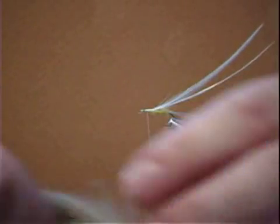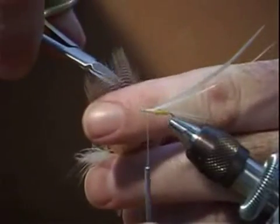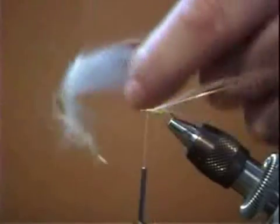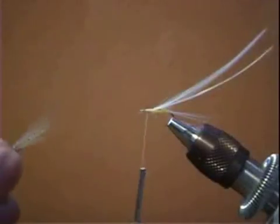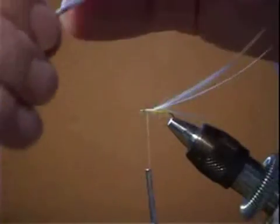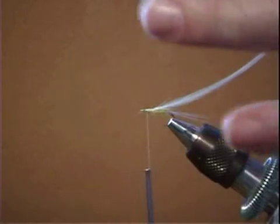Now, we're going to take our lemon wood duck. I'm going to pick one of these out. Looks nice. And what I'm going to do is cut the center hackle out near the top. We don't want that in there. And we're going to take these, get as many as you can, and then clip them off. Okay, then you have that, and what we're going to do is spin those so they kind of all go straight, and you want the wings to be about the length of the shank, so we're going to measure that, pinch it, and I'm going to clip it off right about there,